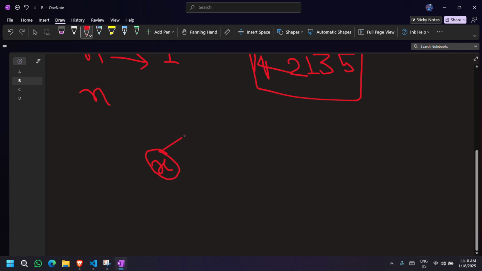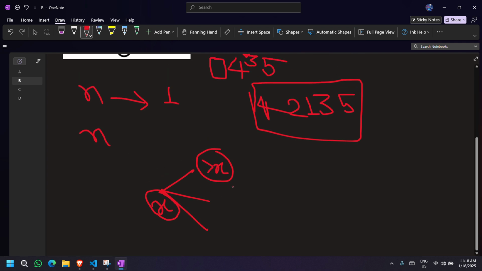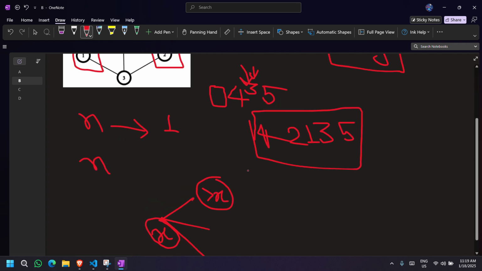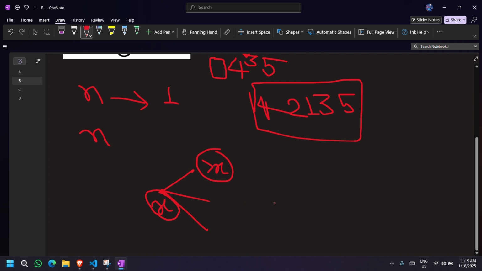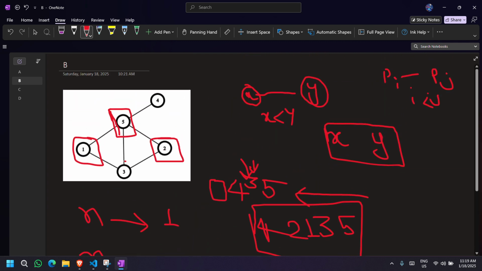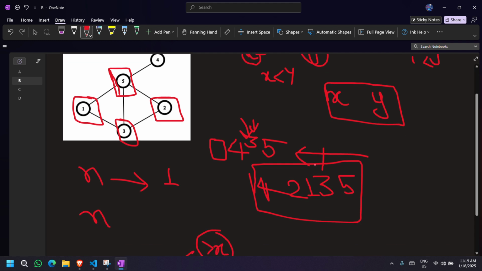Find all the edges connected to it whose value is greater than x, and place it at that position. If the number of nodes connected to x is 3, then place it at the third position from the right. Here, for 3, the number of greater nodes connected is only 5, so I have placed it at this position.